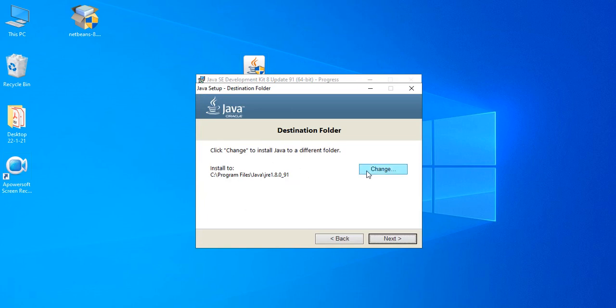If you want to change the folder for JRE, JRE stands for Java Runtime Environment. JDK and JRE both need to be installed if you want to go with NetBeans, so you need to install JRE as well. Click on next.